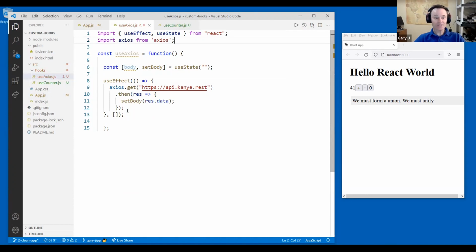Okay, great. Now we have a custom hook. Almost done, but our custom hook doesn't return anything. So we probably should return something from our custom hook. And well, return the body. So return